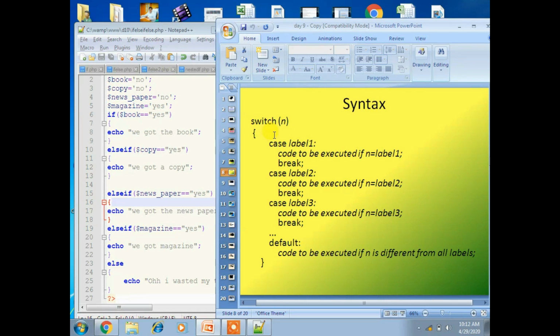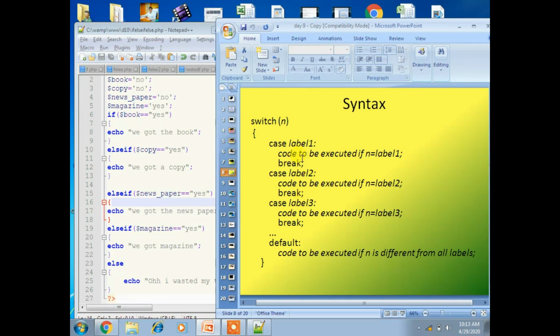First we have a single expression, n, most often a variable, that is executed once, and the value of the expression is then compared with the values for each case in the structure.